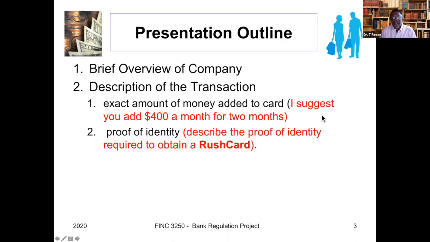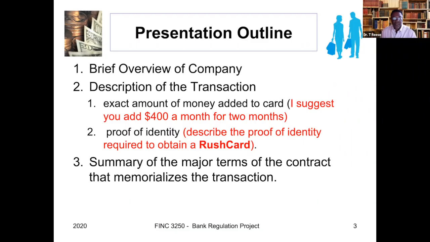This text in the red font are my instructions to you. In the final version, you should remove the text in red font. You need to identify what identification is required by the Rush Card people to set up an account. 3, you need to provide a summary of the major terms of the contract for setting up a Rush Card